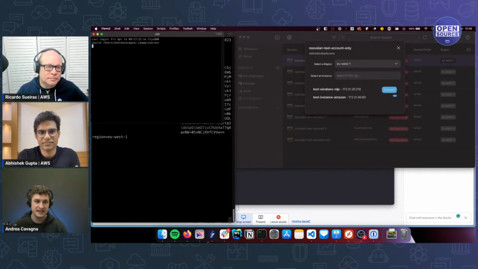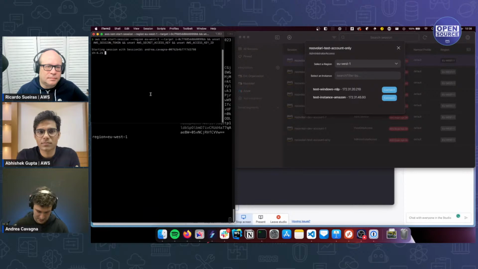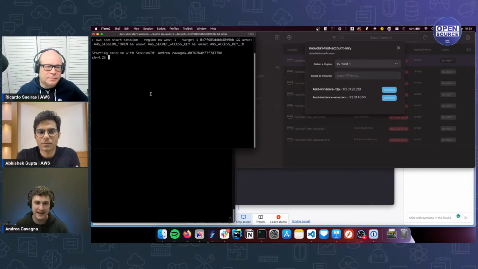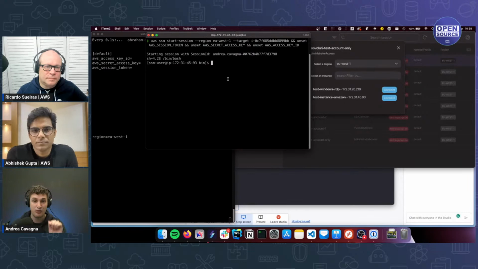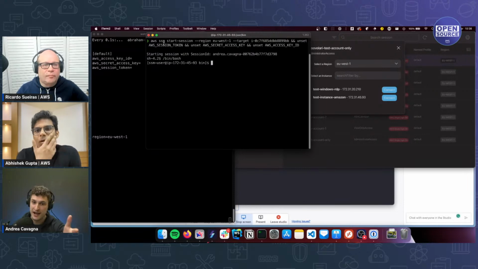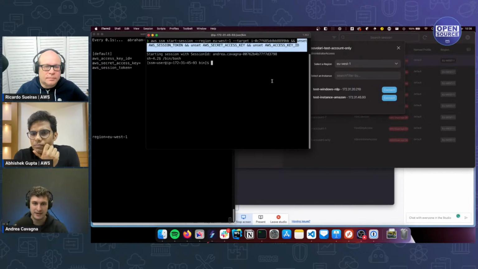So just in a click, you are going into your EC2 instance. What does the app do there? As you can see, if I do bin bash, I'm the SSM user in my EC2 instance, and the app injects a set of one-time credentials for that account only to launch the command from your API, and then unsets the environment variables.